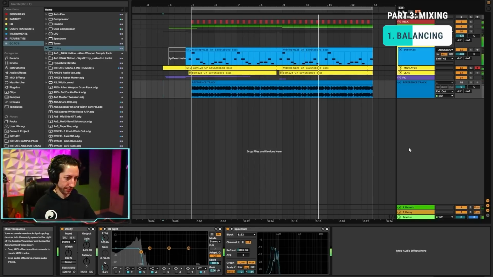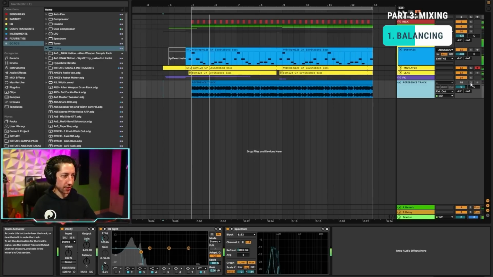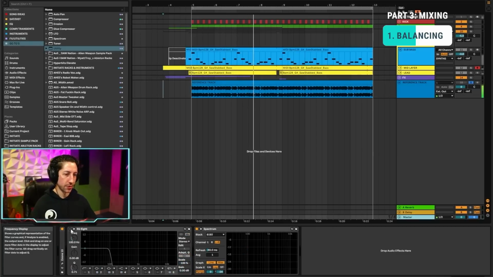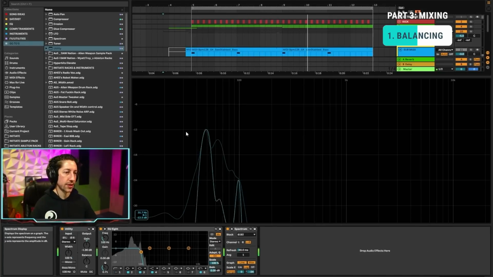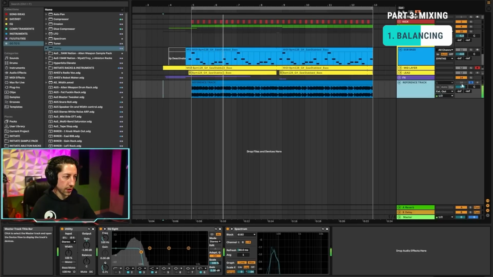Nice and groovy. I like the housey stuff. And now let's take a look at our reference track. And I'm going to apply this filter now to our track as well. And so we can see on our spectrum analyzer that we're sitting roughly around -12, just peaking a little bit above. And let's take a look at our own track here